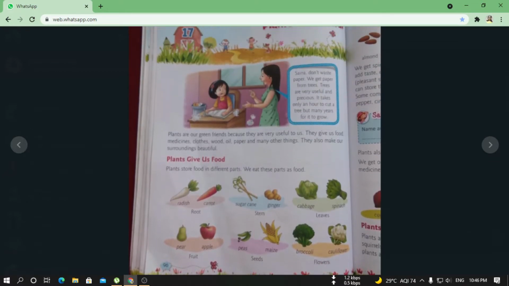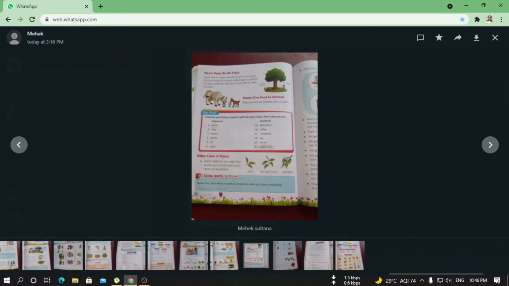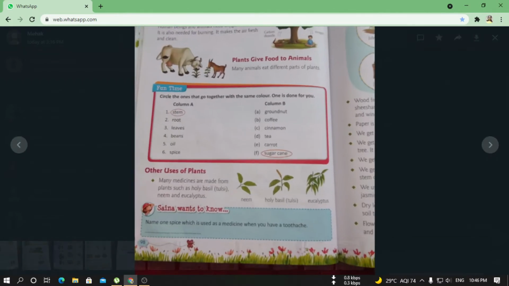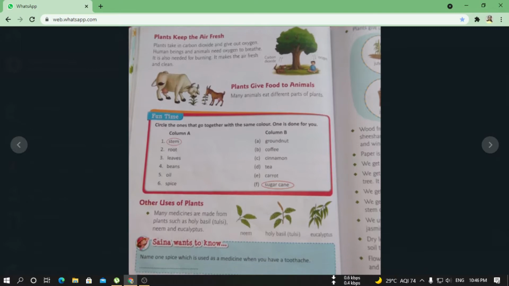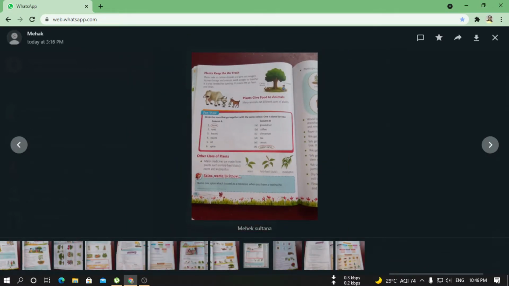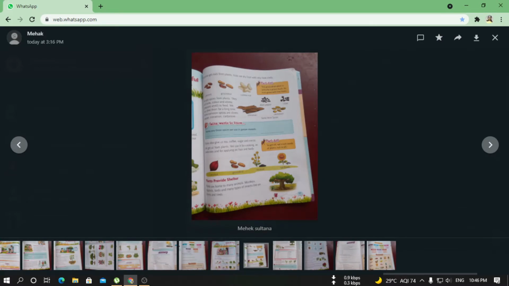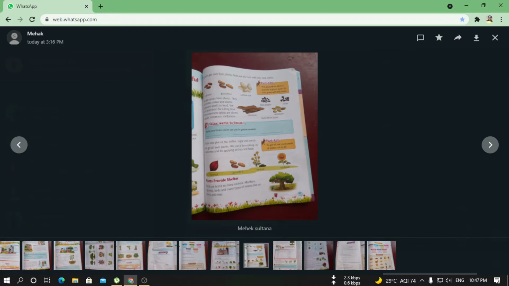So now we come to the next page, that is, plants keep the air fresh. The first page is about how plants are useful. Okay, in the first page we get how plants are useful. Then in the second part we get